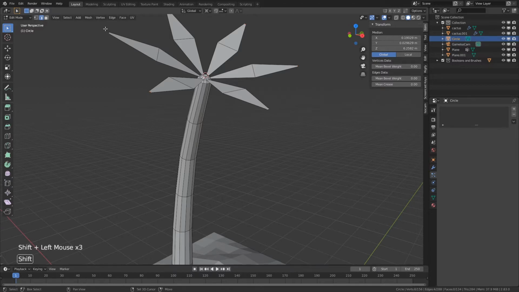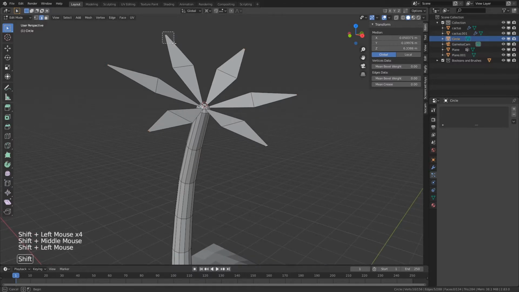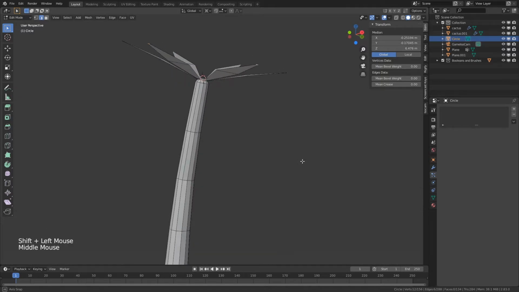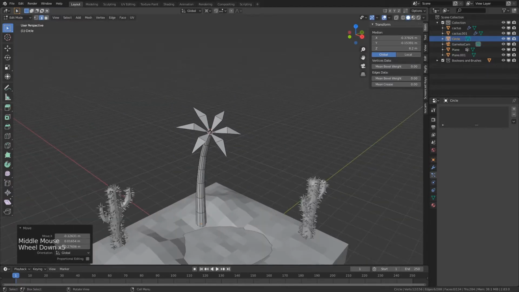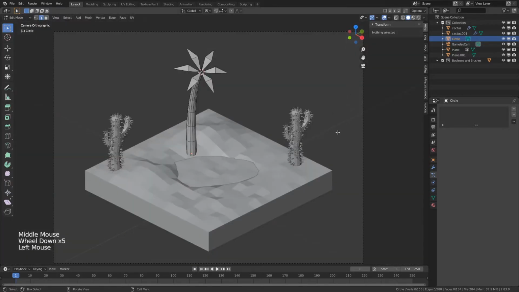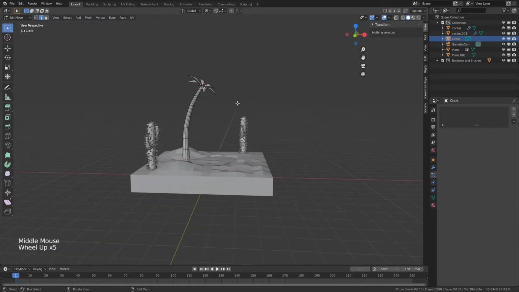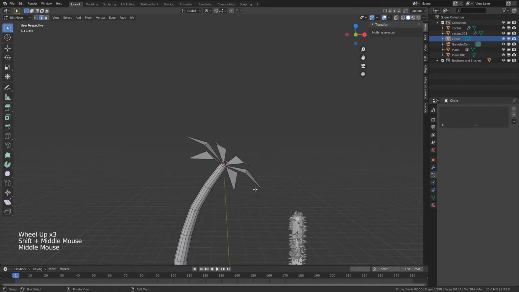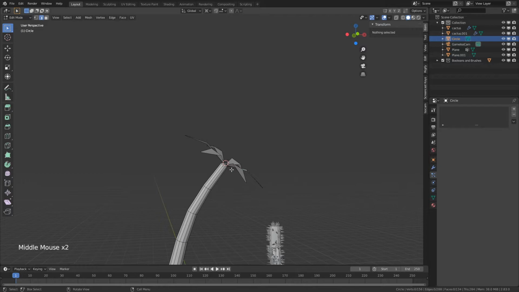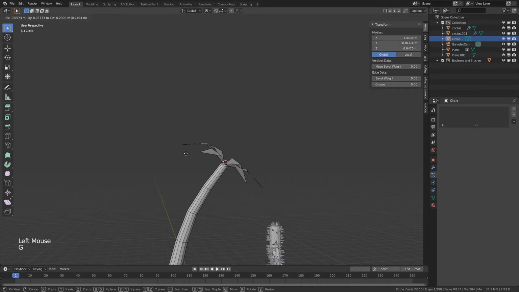and we're going to move them down to create that kind of droop of the leaves. So let's hit G and just move them down. Alright, so now if we go back over here to camera view, yeah, that's pretty spot on. Now what we are seeing is that the leaves are kind of starbursting out of this, but in reality gravity would pull this one further down, and we'll grab its friend here